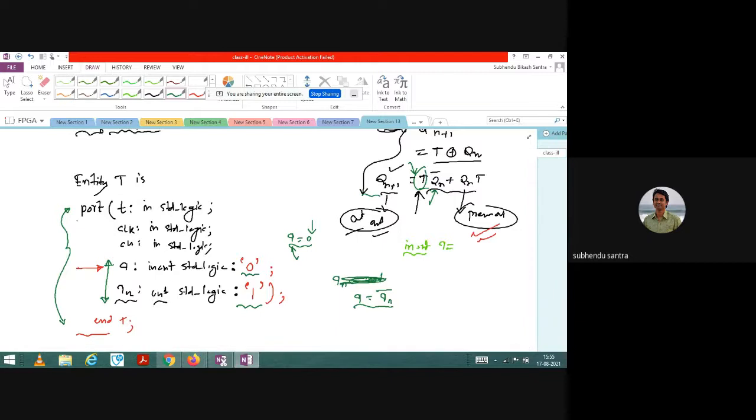Maybe JK flip-flop and this T flip-flop, whether you are able to do it or not, I will discuss. And then the register. By using this flip-flop, how to write the program for a register, that also we will do. You remember this register is used as a memory element. So memory elements like RAM and ROM that you will be using in the future, or maybe in a chip, we can design using VHDL. That is another important aspect here.